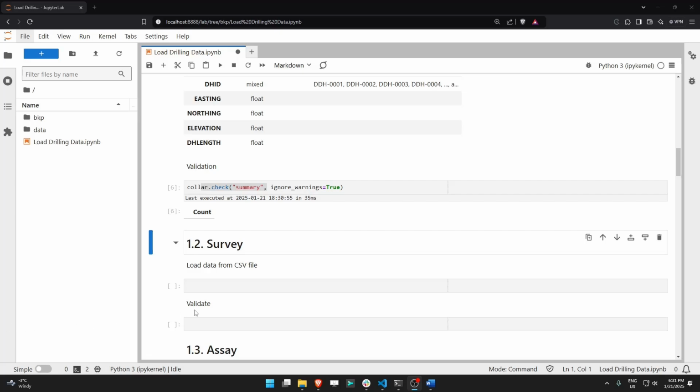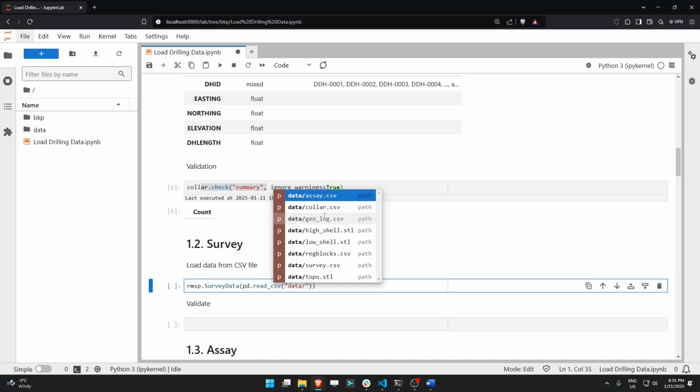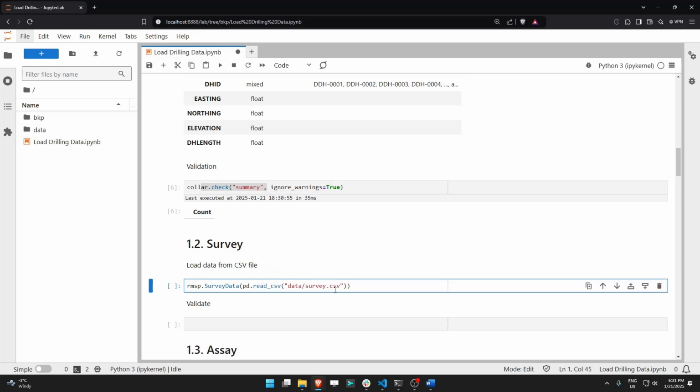So for the survey data, we are going to use pandas to read the CSV file again, but this time we are going to load it with a different RMSP data type. For survey data, we use rmsp.survey data, and then we can use pd.read_csv to load our data. If I press Tab here, I will see a list of files contained in that folder, and we are looking for survey.csv, and I can capture the output of that in the survey